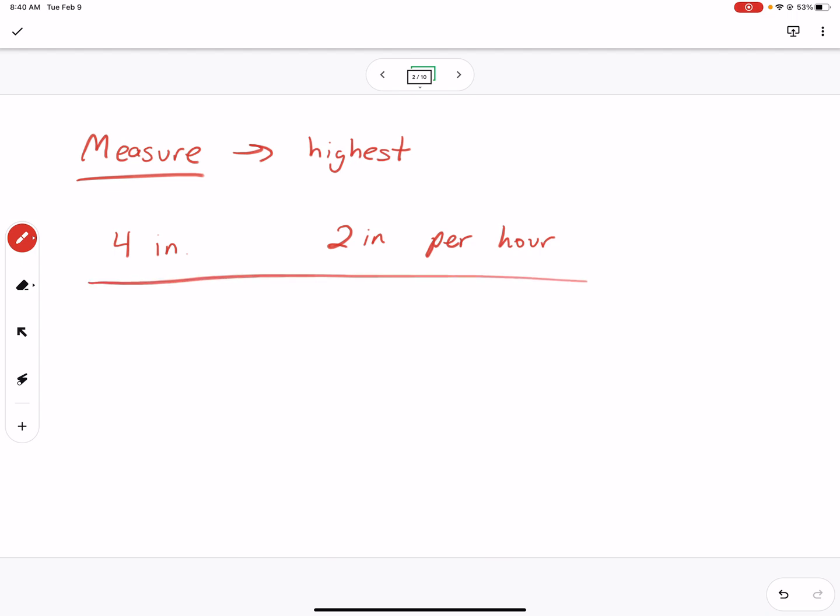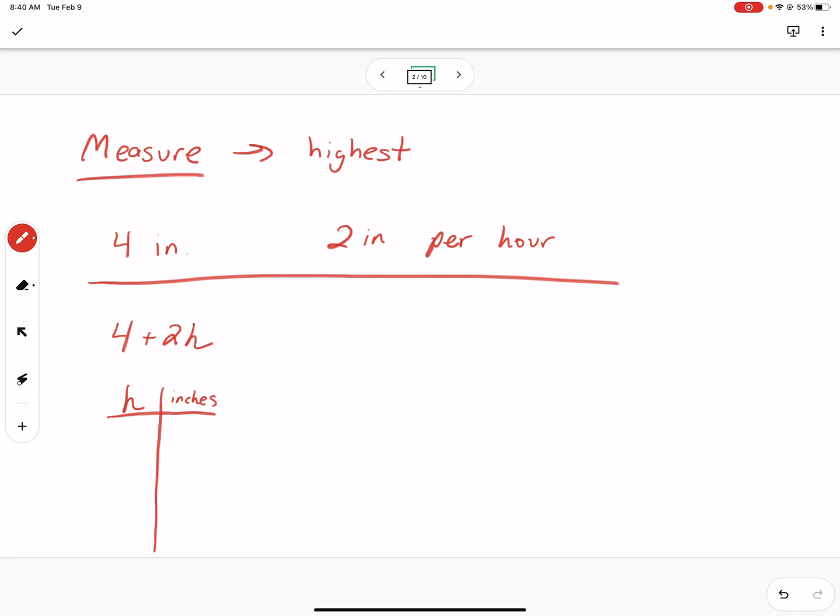We can create, using this information, an equation, or in our case, an expression to start off with. We know there are 4 inches already on the ground, and for every hour that continues to snow, 2 more inches is going to be on the ground. So now we have 4 plus 2h. So down below here, I'm going to make a little table. H would be your hours. Obviously, we could make the other side inches or height of the snow.